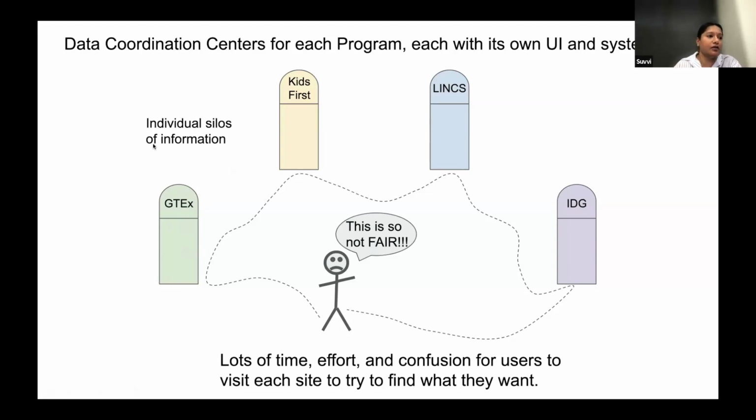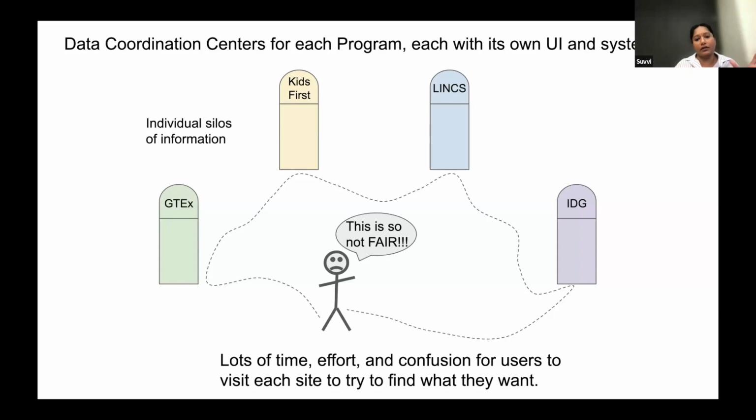And all these Common Fund programs are generating high-value data sets, as I mentioned before. And each center has its own data model and uses different controlled vocabularies and ontologies to host their data sets. They have their own portal for search and discovery of data, and they have their own APIs. And also,